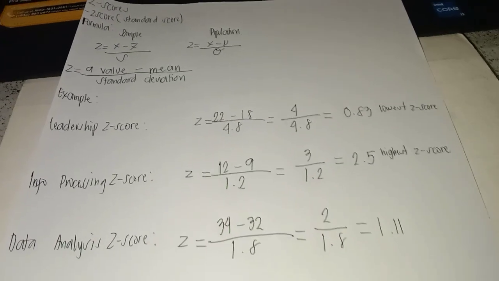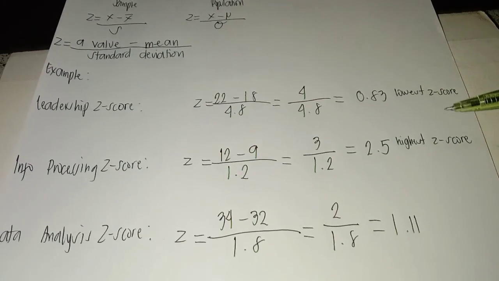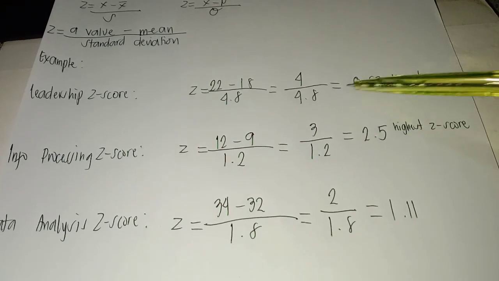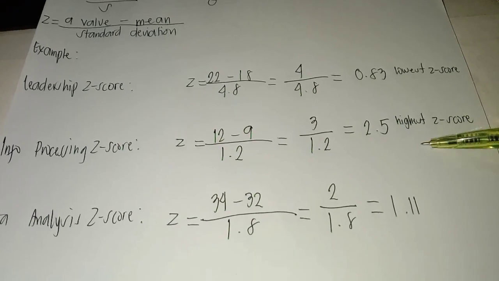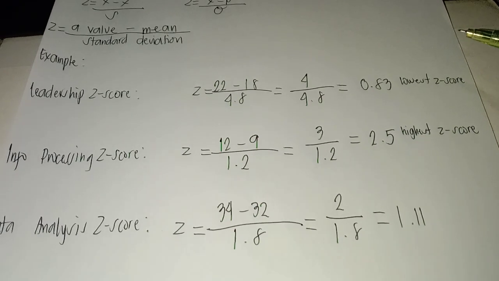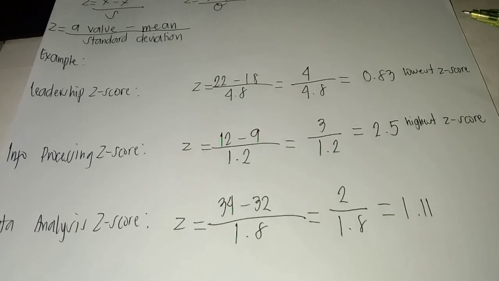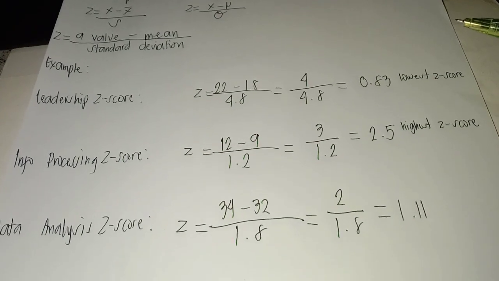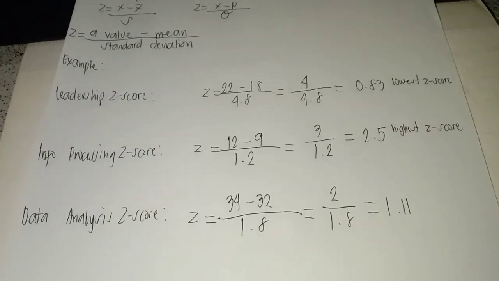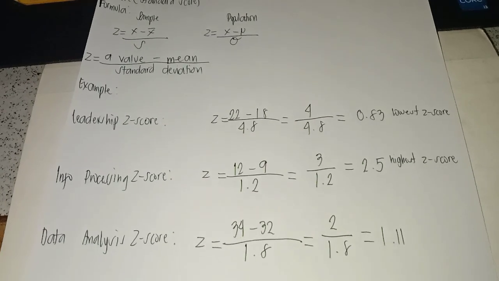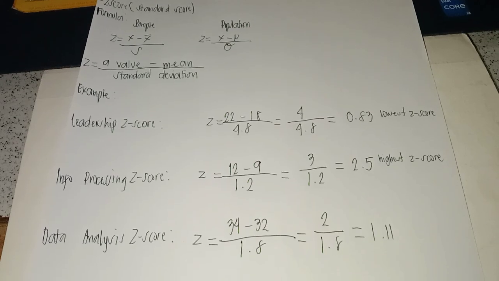As you can see, the results are all positive. So it means her z-scores are above the mean, since the results are all positive. When we say above the mean, it is a positive value. But she has a lowest z-score and a highest z-score. Both of those results are above the mean since all of these are positive. So again, above the mean is a positive value or a positive sign.